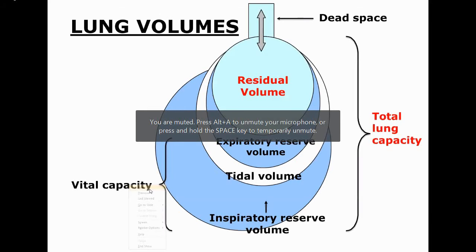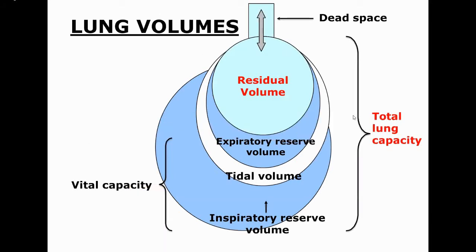Okay. So if you see the lung volumes, students, this is a picture showing you the total lung capacity. And these are the different parameters. This one is called the residual volume. It is the amount of air which is left after complete inspiration or expiration. Then there is the expiratory reserve volume. This is the tidal volume, and this is the inspiratory reserve volume. So the total lung capacity comprises all these volumes together, and this is the vital capacity. This comprises these 3 parameters.